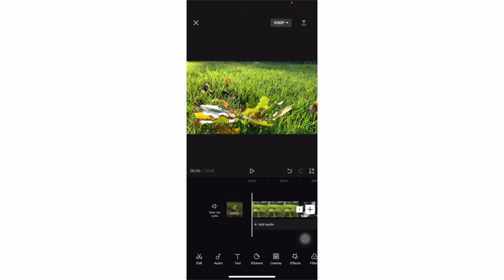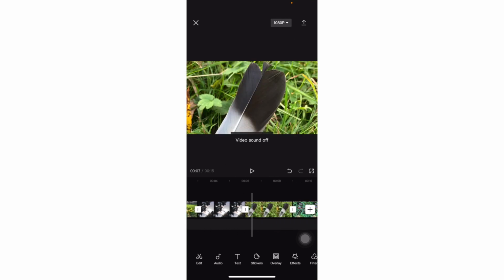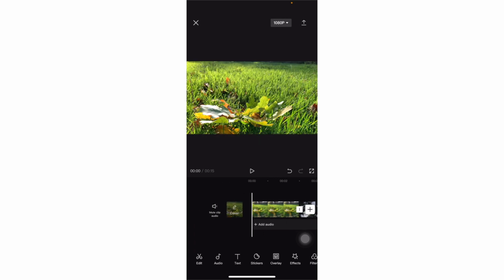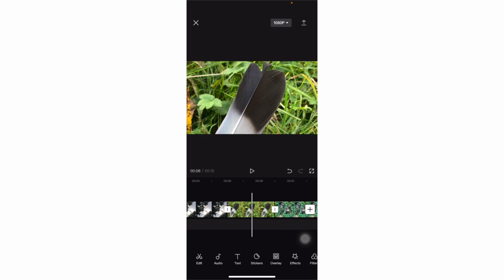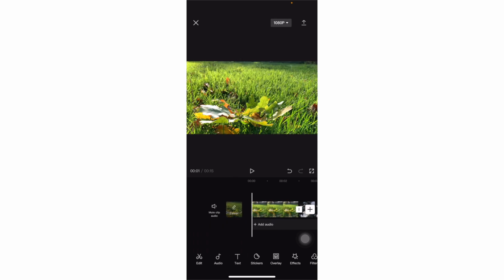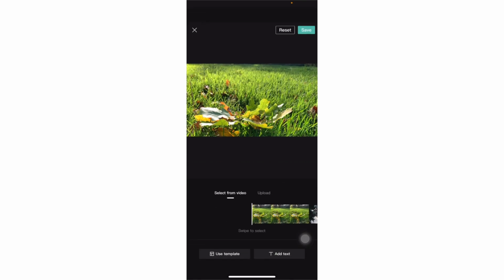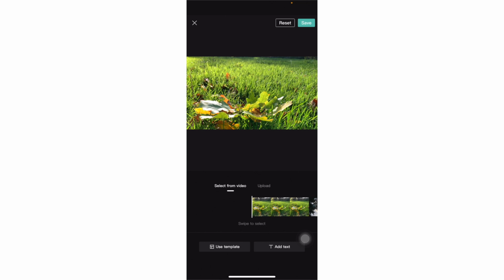All the way to the left in your timeline you see mute clip audio, and I can say I don't want to hear the sound of what's in the video, or I do want to hear the sound. Well, there's no sound at all now because I'm only working with photos, but if I add some video you will notice. And here I can change the cover, like the thumbnail of the video.